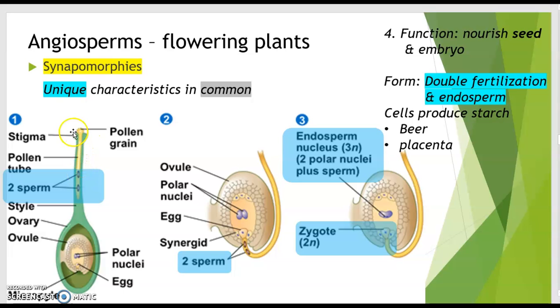So this is a stigma, a platform, and this is a style that allows the pollen grain to start digging a tunnel and taking its sperm with it all the way down here. This pollen tube will come all the way down